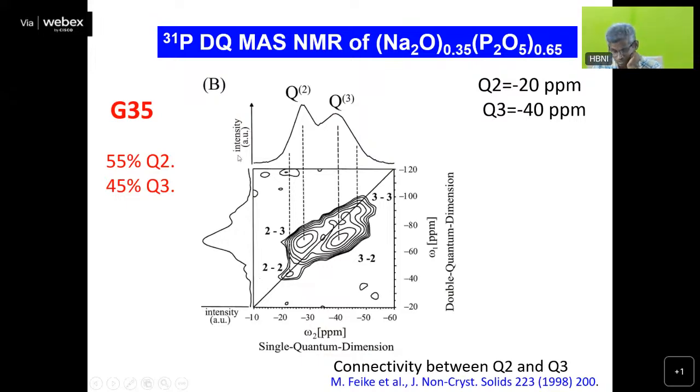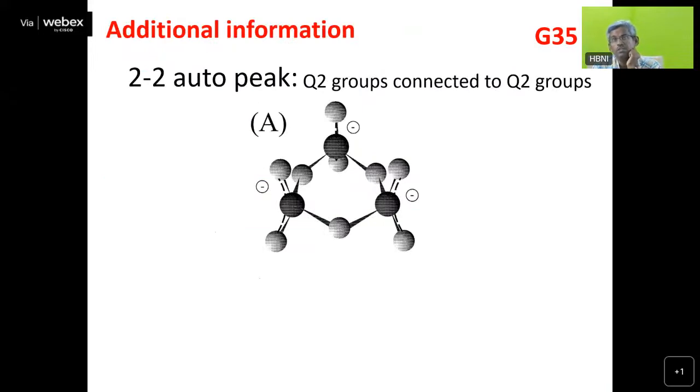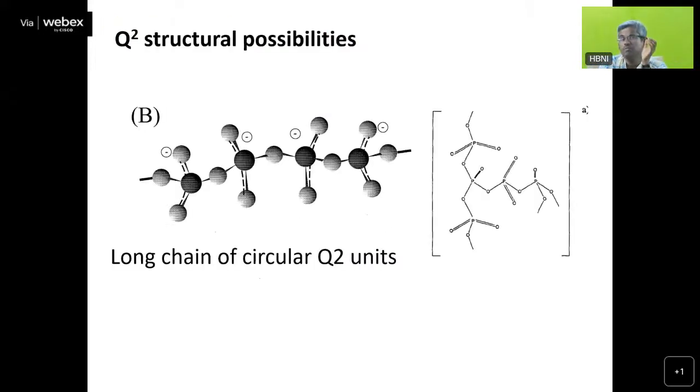You can see from here intensity is slightly poor. So 2-2 auto peak is there. So 2-2 auto peak is possible only if we have this type of ring type of structures. Correct now? Ring type of structure of only Q2. Then only the Q2 can exchange the magnetization. So definitely this type of ring type of phosphate structures are there in this type of glass